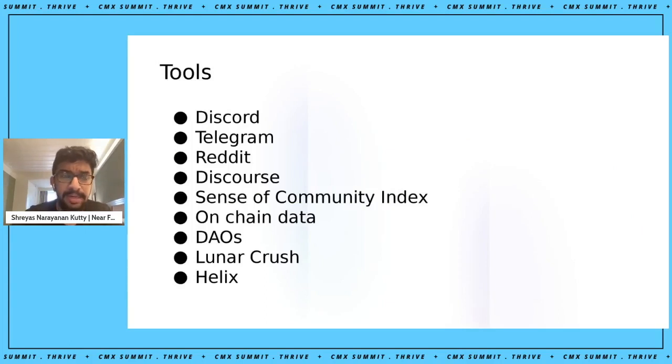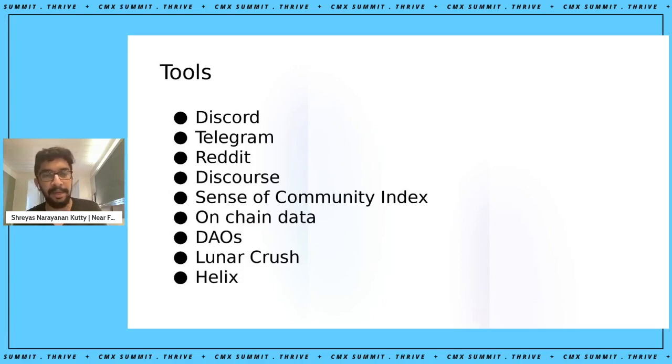So here are some tools that we've used historically, and we're in the process of evaluating. Right. So we have Discord, Telegram, Reddit, Discourse. These are also definitely used by the Web2 communities. Right. This is probably not new. We found Sense of Community Index to be pretty fascinating. I'm a huge fan of that, and I feel like we can tweak that to get a pulse check and get qualitative data from community members